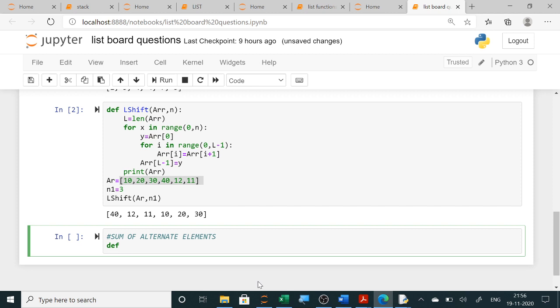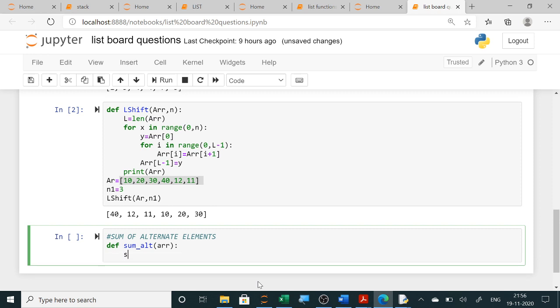So for the sum of alternate elements, I have used the name sum_alt, and I am passing the argument, a list, which I have named array. Only this much we require, then colon.